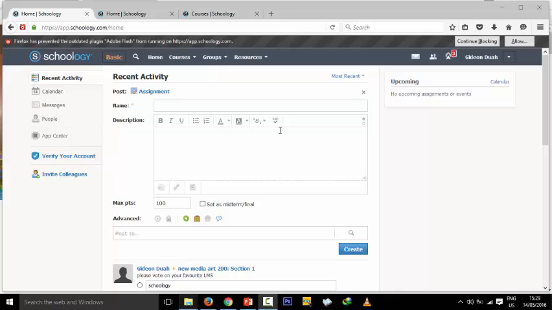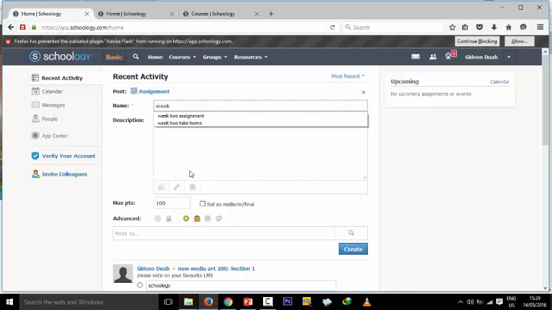And now on how to create an assignment for your students. When you click on the assignment tab, it gives you this dialog box for you to input your details. This is asking for the name of the assignment, so I prefer to put in week 3 assignment on literature review,